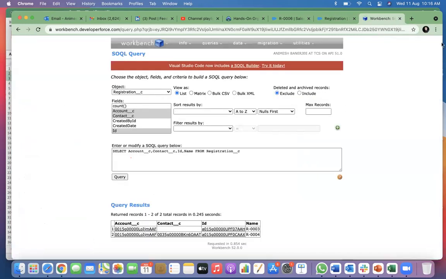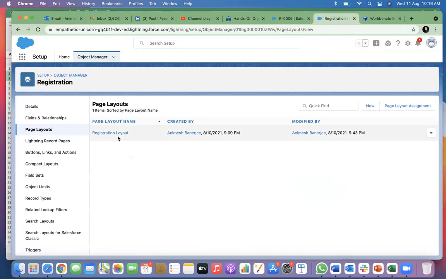In Workbench, we'll see this in the next class, how to load data in bulk. So it will become mandatory for Workbench also. But if you make it mandatory on layout, then it is only mandatory on that screen. Only for that layout, that's it. It will not be mandatory for other layouts. It will not be mandatory for Workbench.